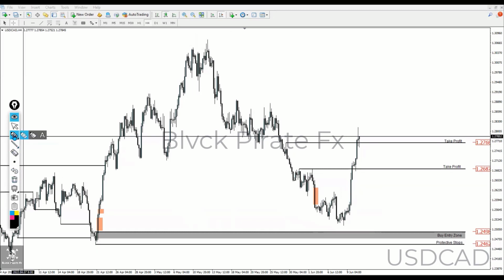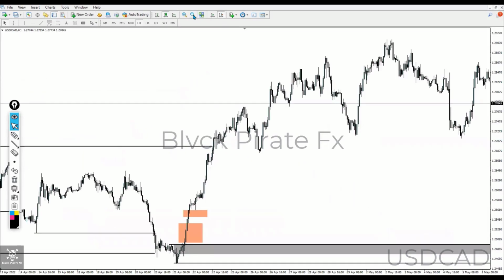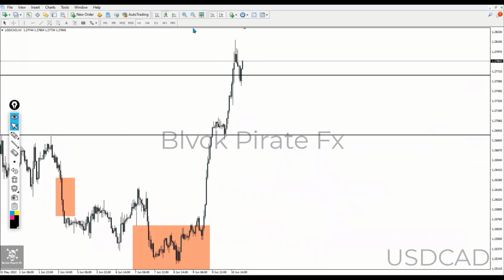So this is what they did. And in this zone right there, I'm not sure you guys can see it clearly, but we're going to go down to the H1 time frame. All right, so if you can see clearly there, as we are getting to trade the consequent encroachment of the fair value gap,